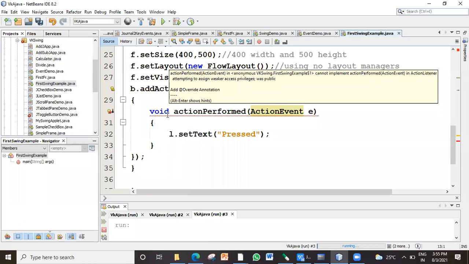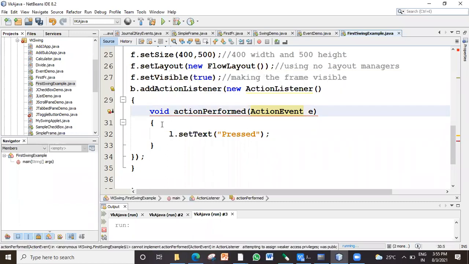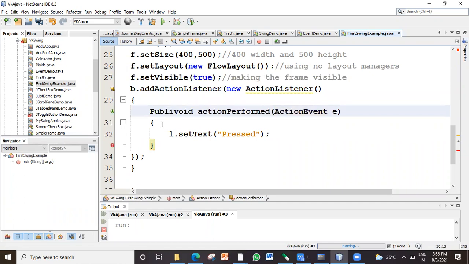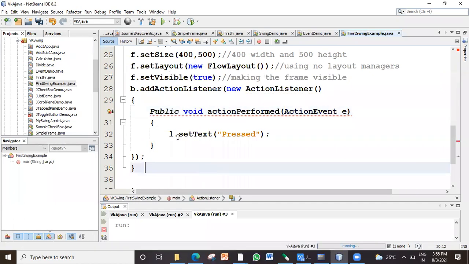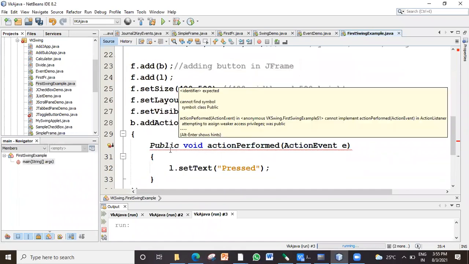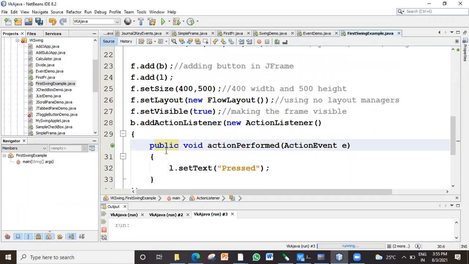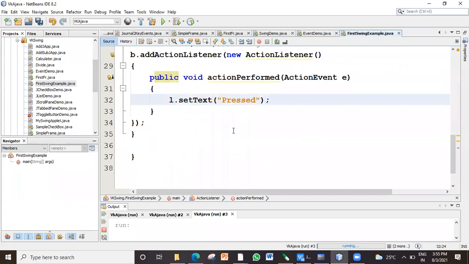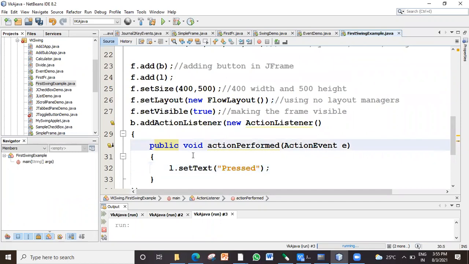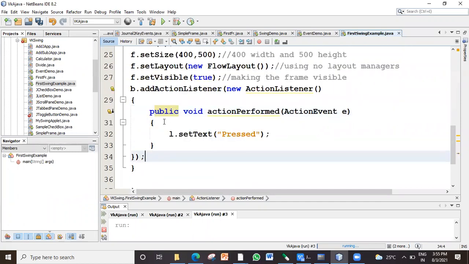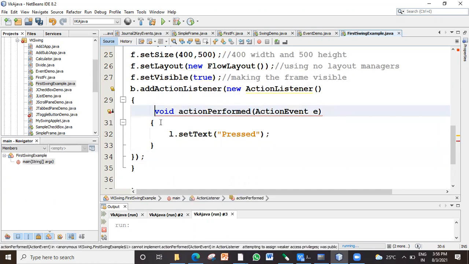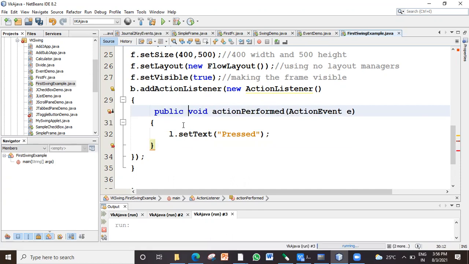Ma'am, why did you remove the public word? Actually, I just thought that maybe it is taking something. The public P should be small, lowercase, right? Yes, but that is not the reason. Even if I remove public, it should work. Let me cut and see. Maybe it is taking, as you said, the exact prototype. The same signature it is expecting.